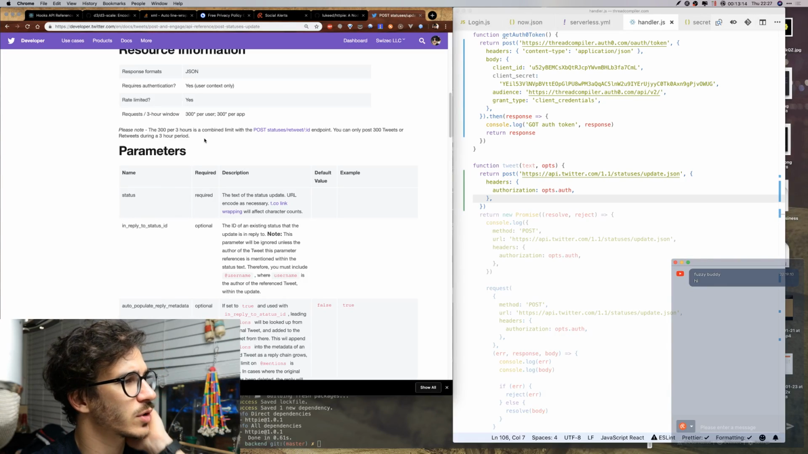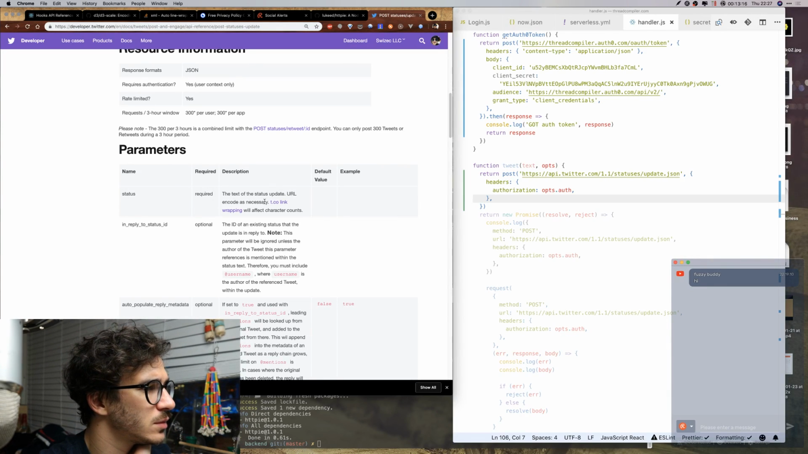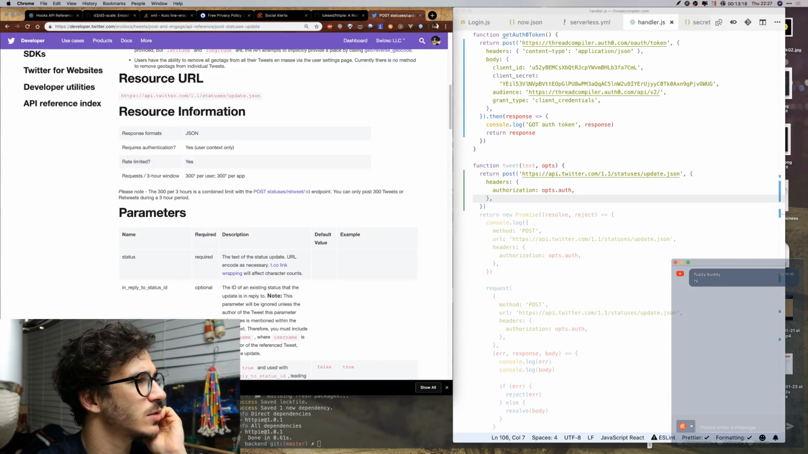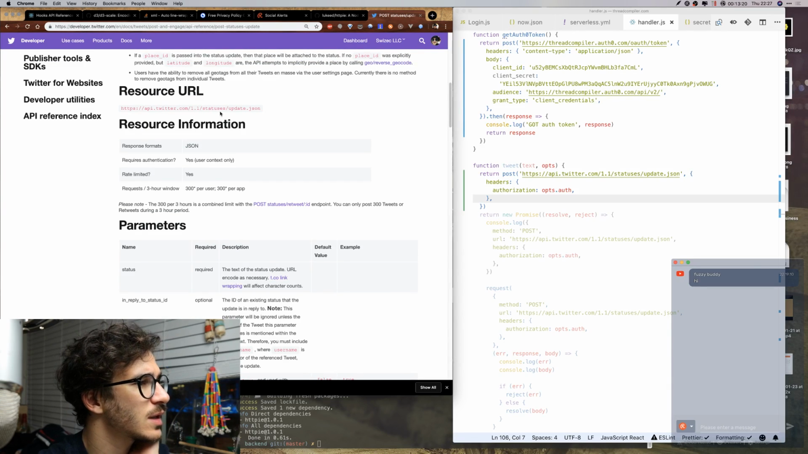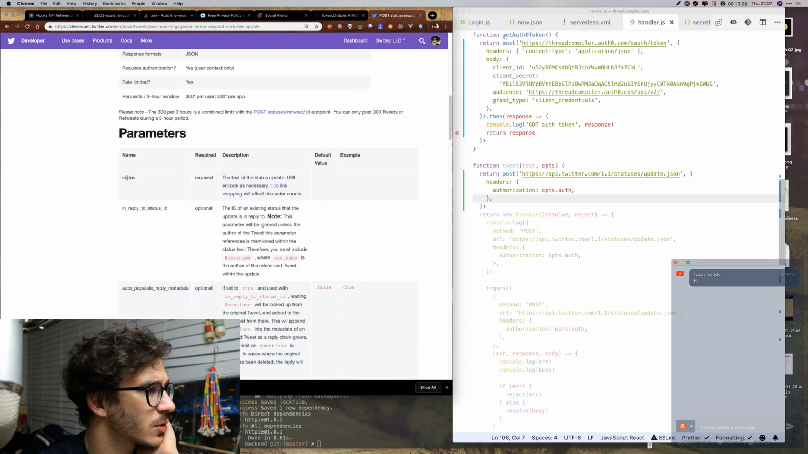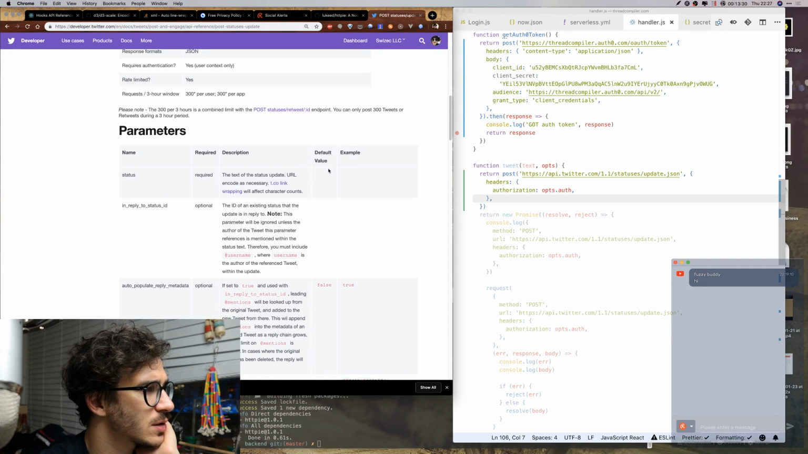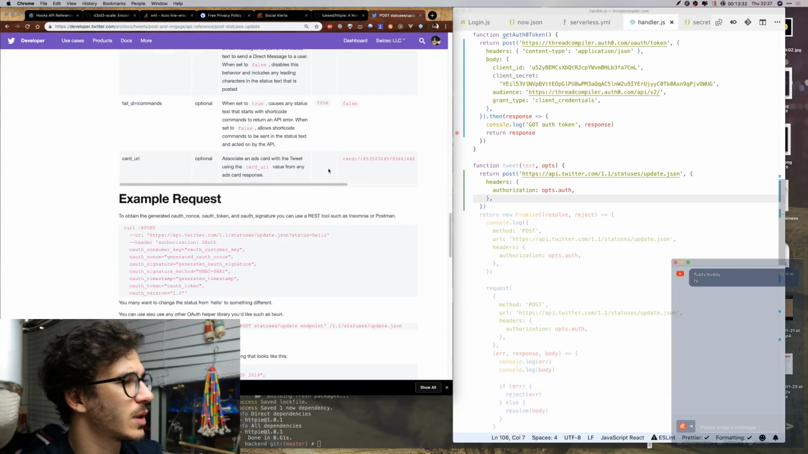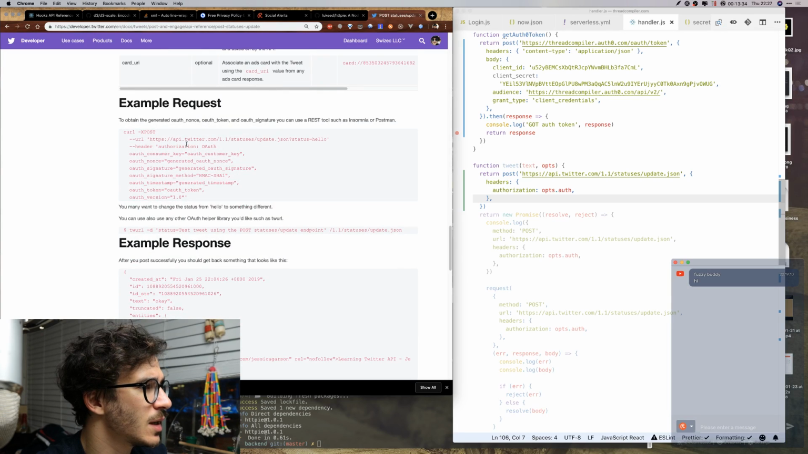So how does that work? The text of this, okay, so it's a status update JSON. Requires authentication, yes. Rate limited, 300 times per user. Status, okay, let's see an example. I like examples. So example, URL, header,